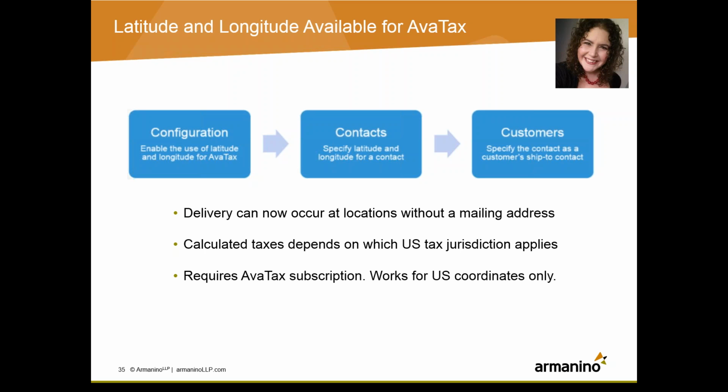And to configure it, you'll go through the subscriptions module to configure Avalara Tax, and then to add the latitude and longitude coordinates, they're now available if you go under company and then to contacts. You can edit to change an existing contact or add a new one. The latitude and longitude boxes are on the mailing information tab, and you can specify the value in decimal degrees, and it does go out to a full 8 decimal places. So that'll be a welcome addition for those of you calculating sales tax.